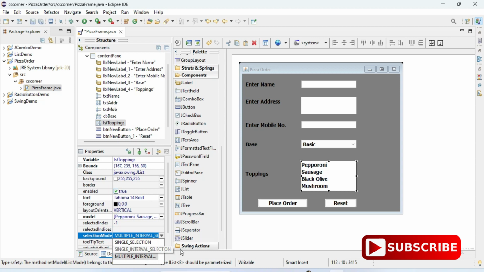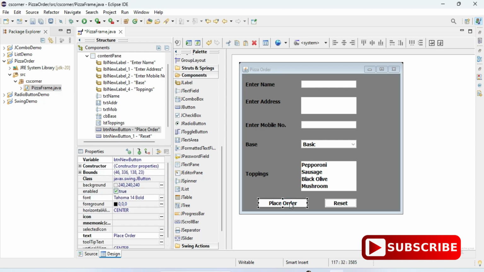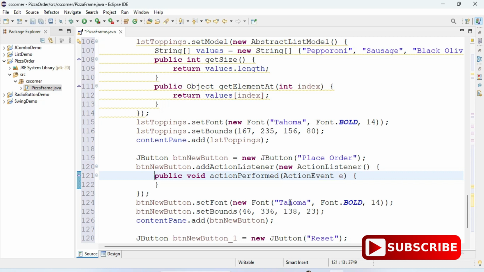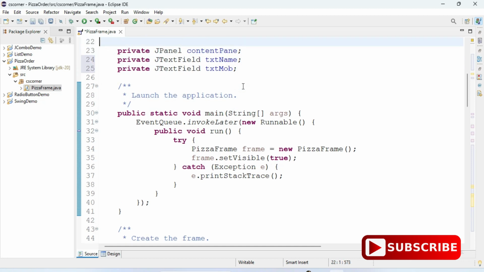Now let's go to the coding. For the button, I have not changed the name of the button, you can change it. And for the button, I will be firing the click event. So I'm just double clicking on this button. You can see guys, my action performed event is there. Before writing code in action performed, let me tell you about a few variables like the text area, combo box and list box. They have been declared inside the constructor, but I need those variables to be used inside my action performed also. So I'm just declaring those variables outside.